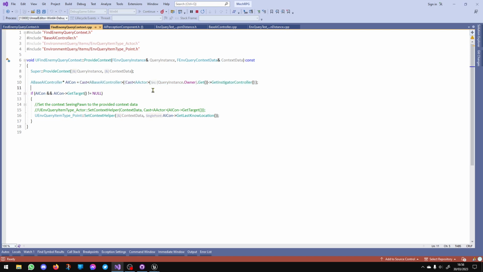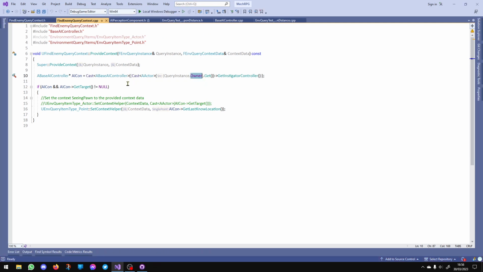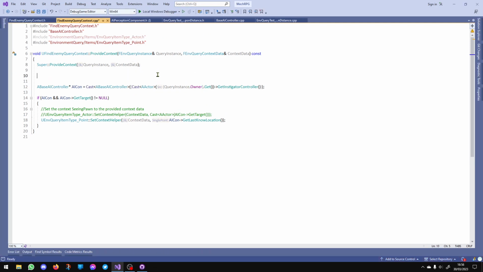Now the AI controller we can get from the query instance owner. This owner will be... is that right? I'm casting to an actor and then also casting to a controller. Oh yeah, I see. So if I was to do this in a bit more of a specific way,